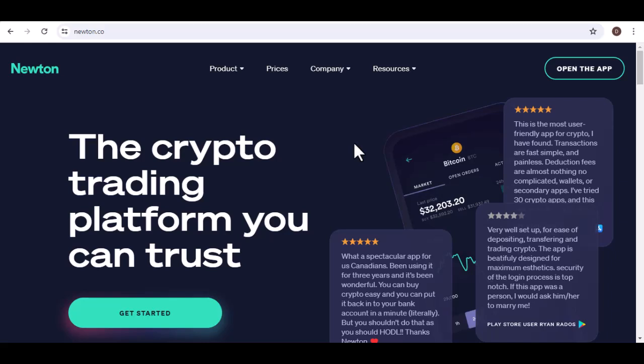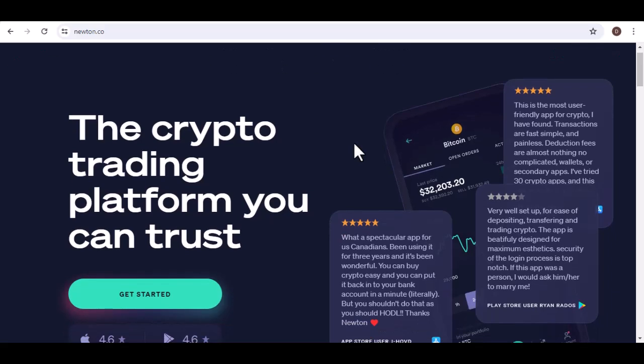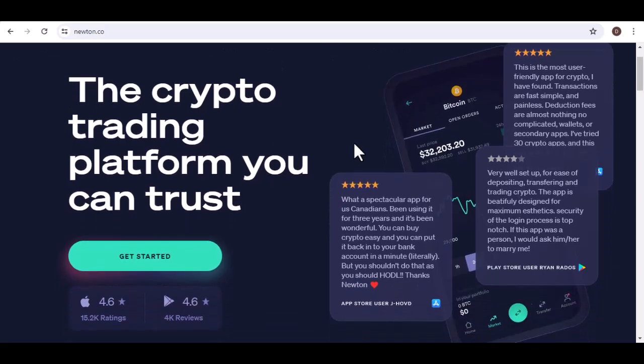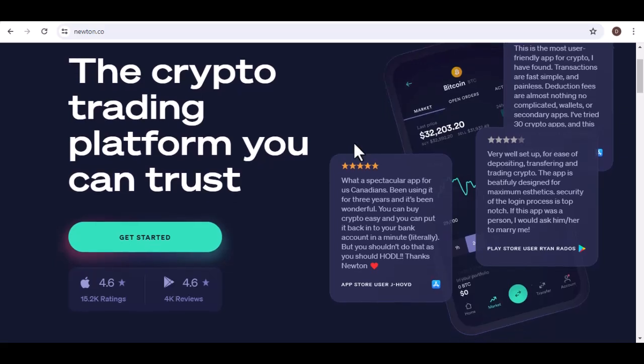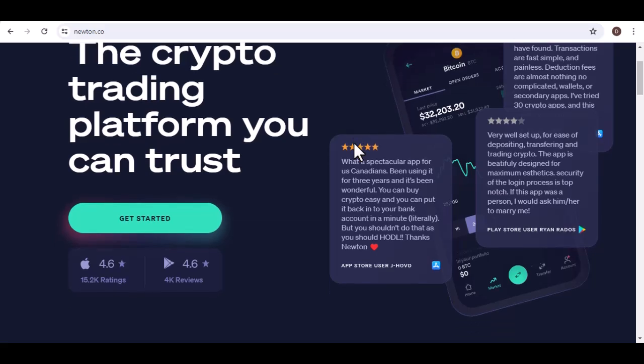Hey there, you just discovered a hidden treasure map leading you to a trove of digital gold. But to claim your prize, you need a secret key, a wallet address. Today, we're going to unlock that secret. We'll dive into the world of Newton, a popular crypto platform, and learn how to get your very own wallet